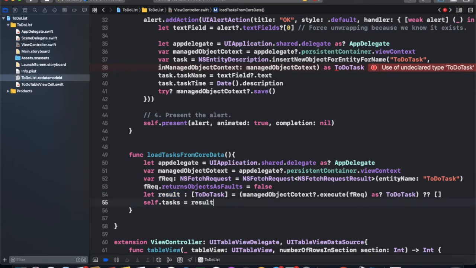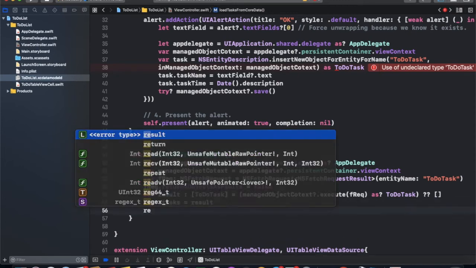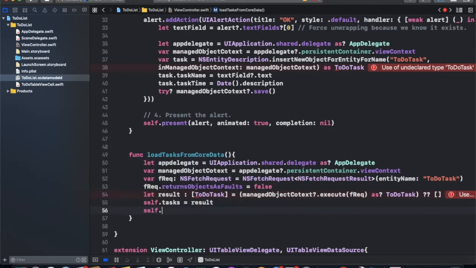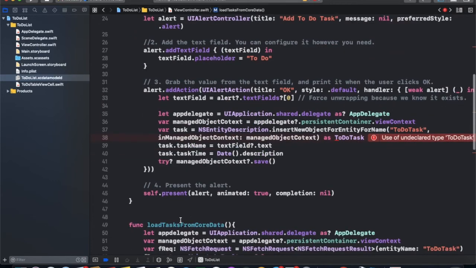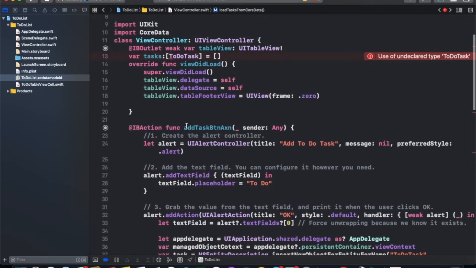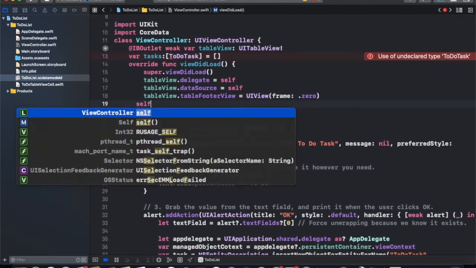And then reload: table view cell dot table view dot reload data. And this function you need to use on view reload.